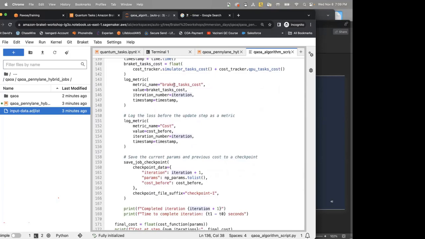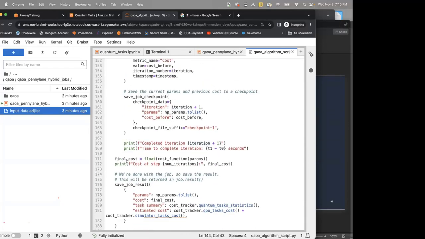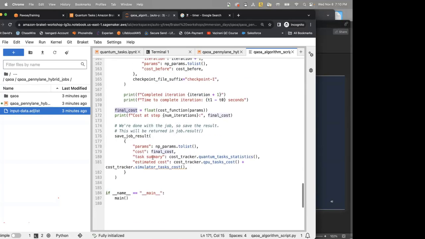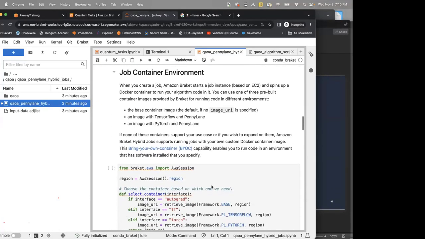You can define certain metrics, like the cost function at each iteration, and monitor that in real time, as I will show in a little bit. When the iterations complete, you get the value of the final cost function. Then you can save the job result in terms of the parameters and the final cost function, and so on. So this is the script, but we are treating it as a black box for now, so let's not go into too much detail there.